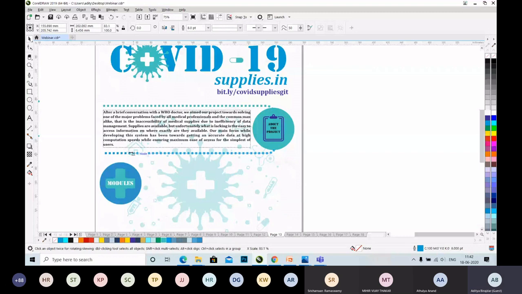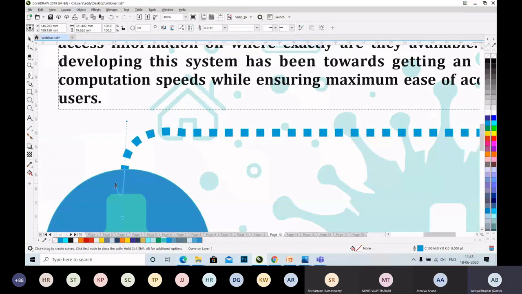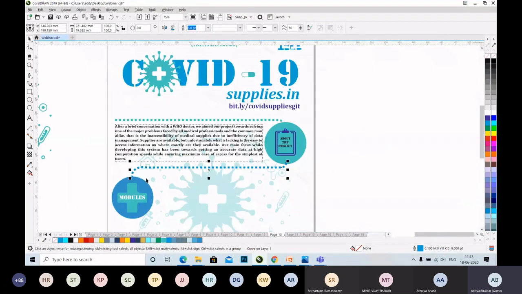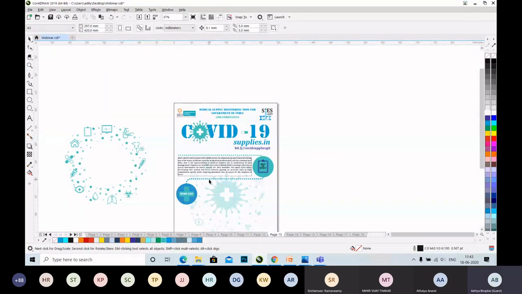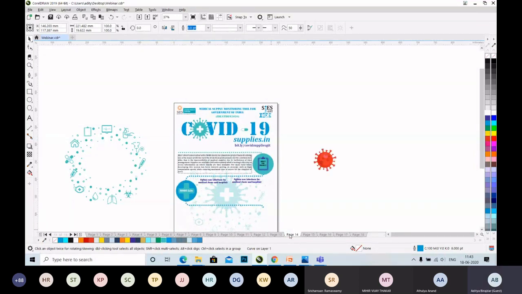Select this, make this line a bit shorter, and by using this pen tool, click here, then click, and make it a bit curved. Remember, you will not lift up the finger until and unless the line is fully curved. Same way, we will be copy pasting this down as we did for the first one. Click on plus on your number keypad, press shift, mirror it, and place it.